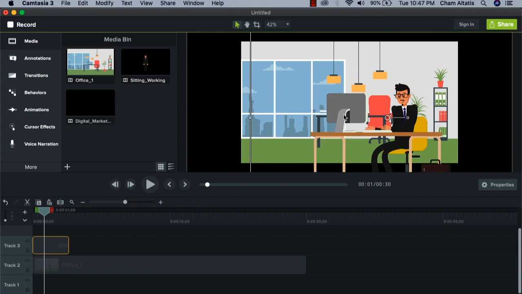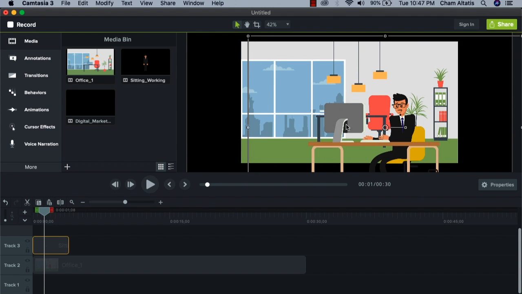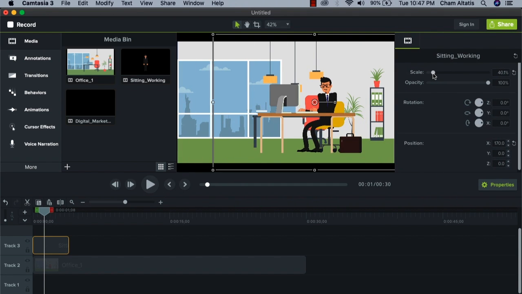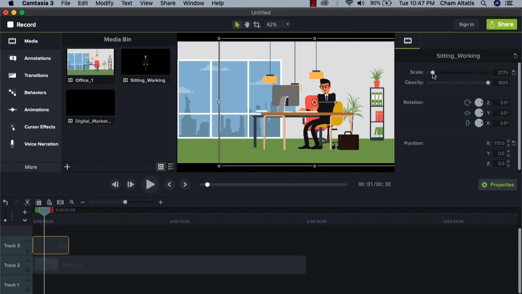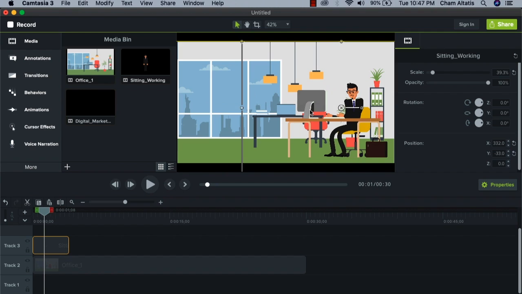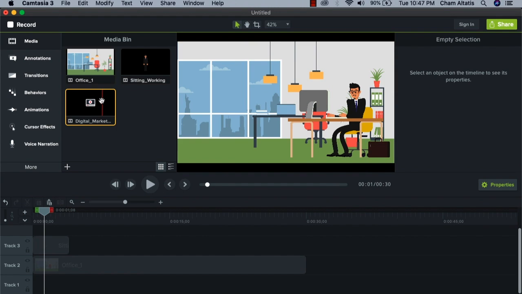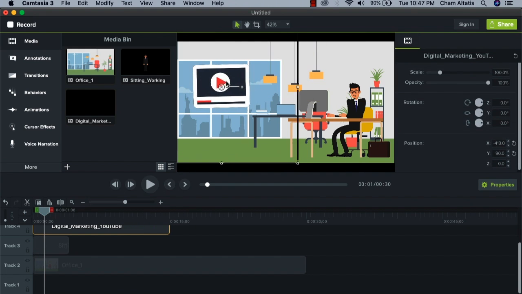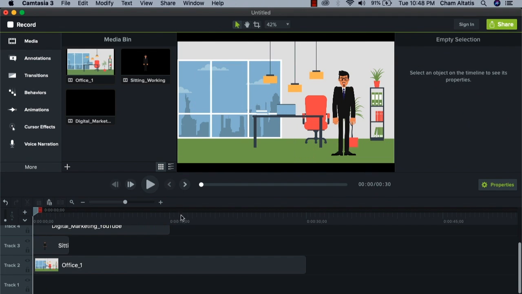But if I want, I can simply make it smaller by going here to properties and just scale down the character. Probably make it like this, probably bring it somewhere here. There we go. And then what I can do is also place this icon somewhere here. And if I play that,